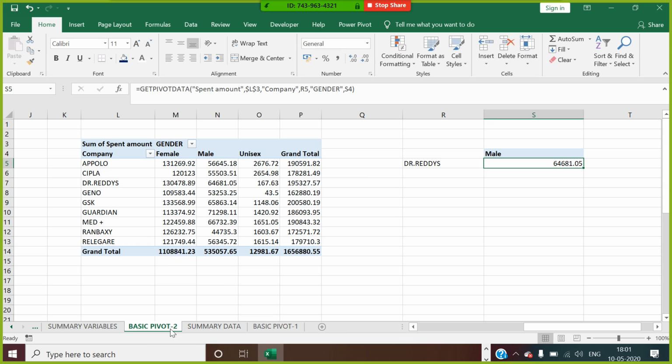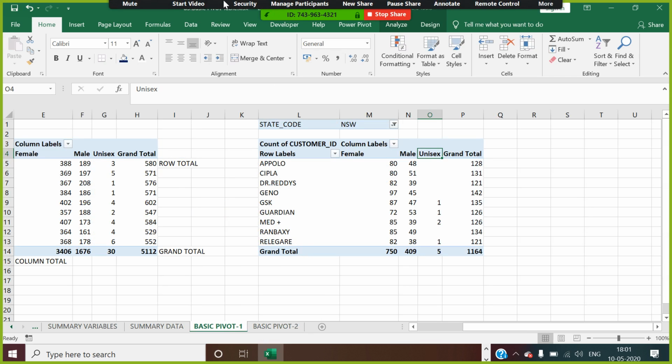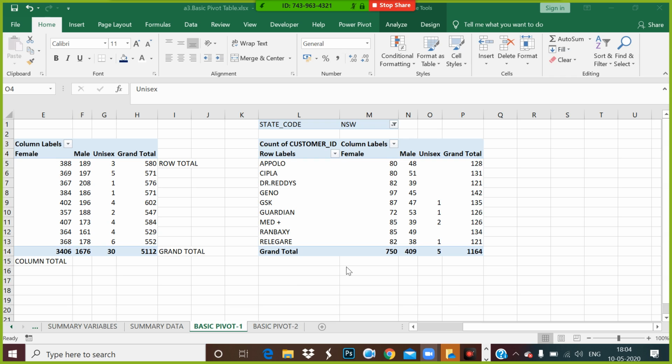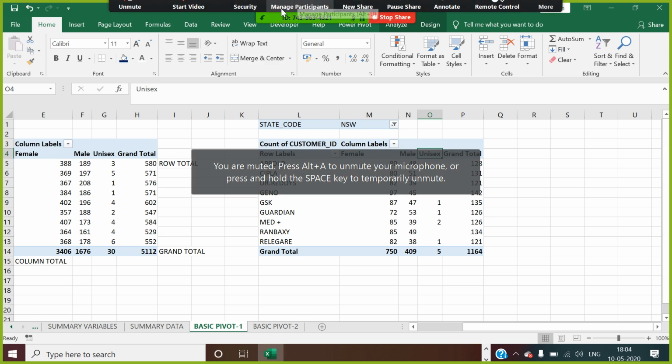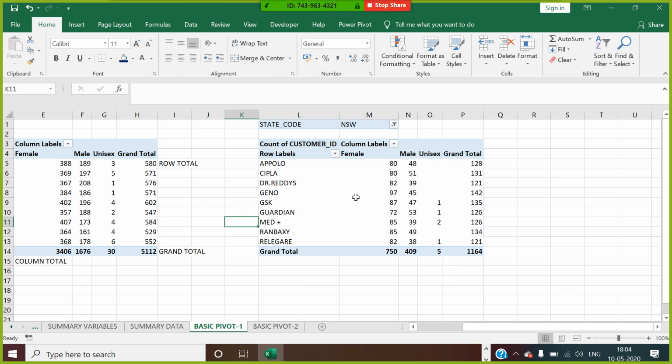Now I'll go for basic pivot 3. In basic pivot 1, you understood the use of row, column, and value. Okay, guys. We understood the use of row label. We understood the use of column, value, and the filter.